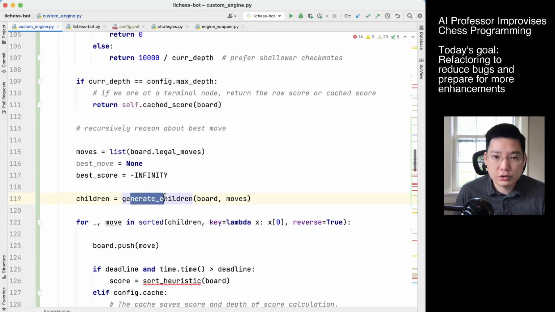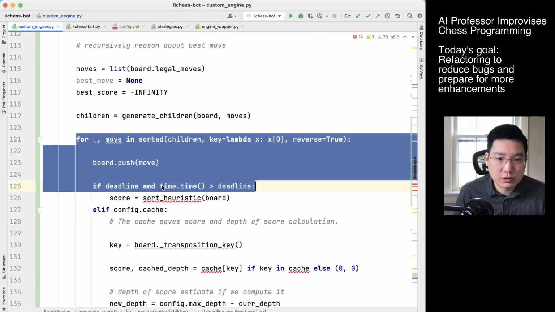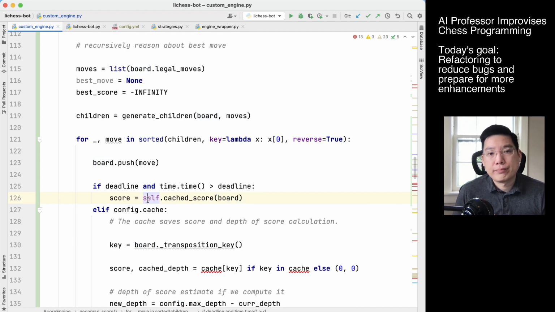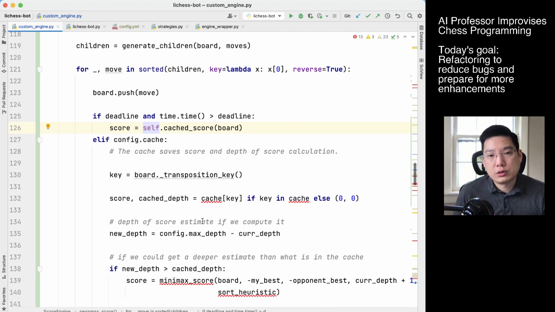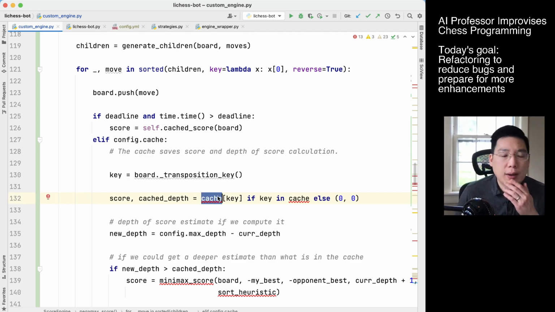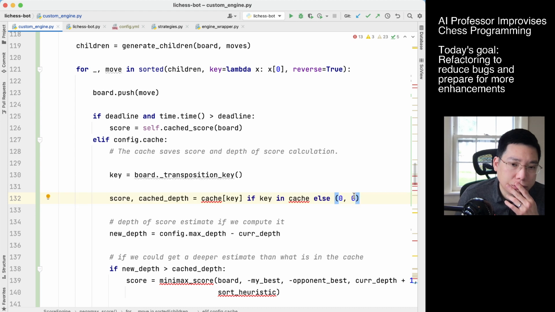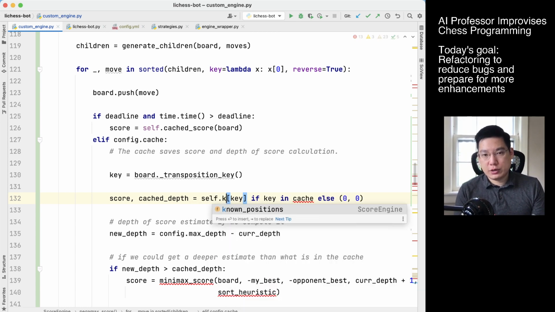So we have that here. Children is generate children and get the moves. And then here we loop over every single child node. We will create a new board position and then evaluate it. So we do that by using our cache score. And then here there's a cache key. Okay, hold on. Why am I doing this caching? Does this need to be? Yeah, this is correct. So I need the self.known positions,